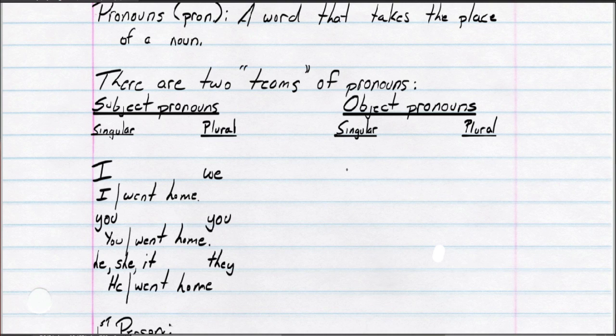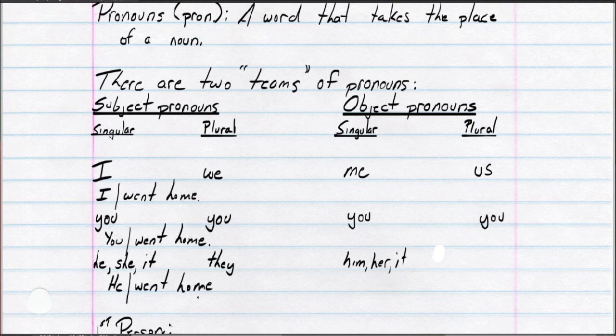The object pronoun in the singular form is me. The plural form is us. You will also work here on this side of the sentence for both singular and plural, and I'll explain that in a second. And the last one here, instead of saying he, she, or it, I have to say him, her, or it. It will work on both sides as well. Or if I wanted to make it plural,